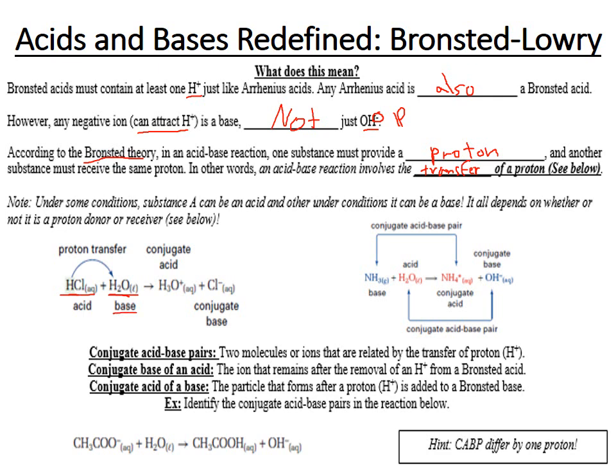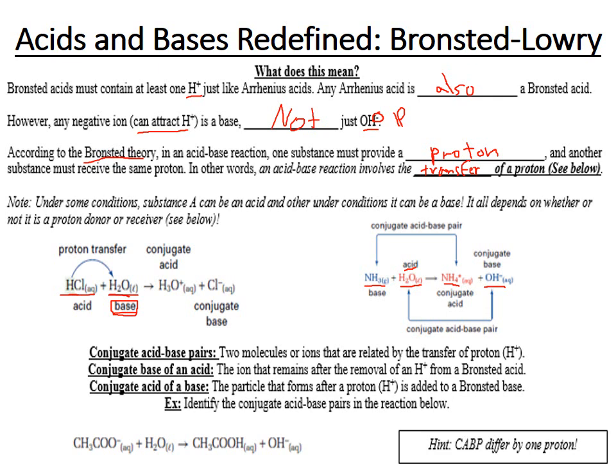Over here, NH3 received an H. I know that because it was NH3, now it's NH4+. When you get an H, you become more positive. So every H adds a positive, and every H you lose makes it more negative by 1. And the water lost an H, so that makes the water the acid. So water is actually an acid in this condition, but a base in this condition. So according to Bronsted-Lowry, whether you're an acid or a base depends on the context or the reaction that you're